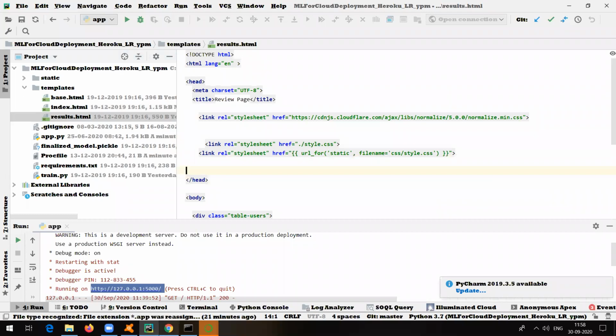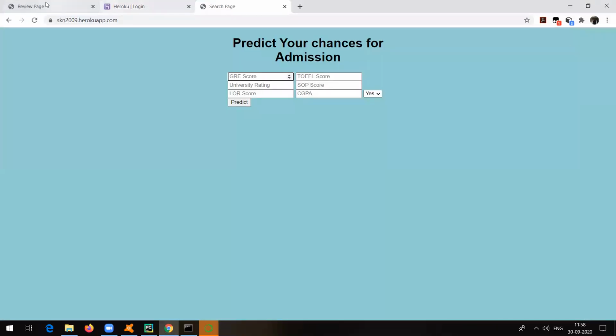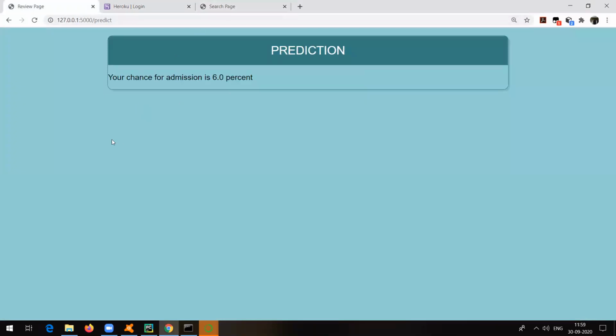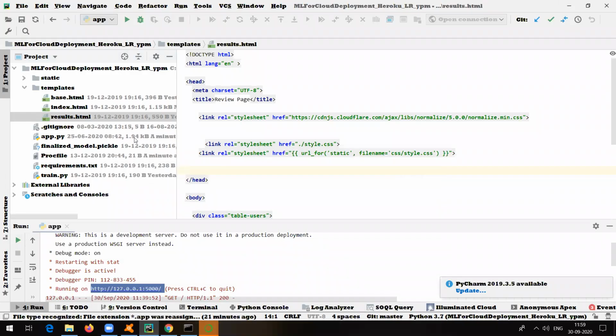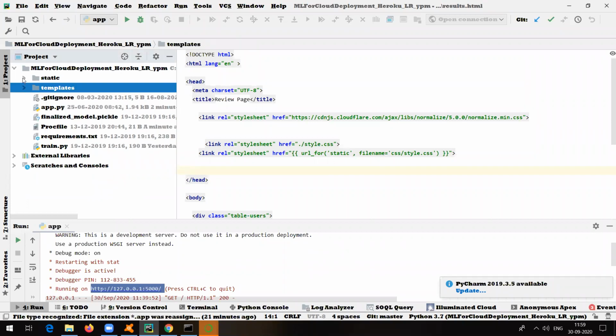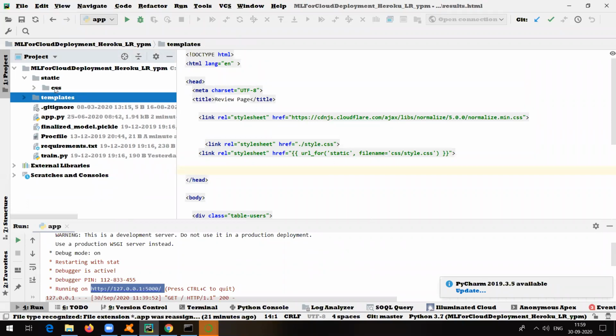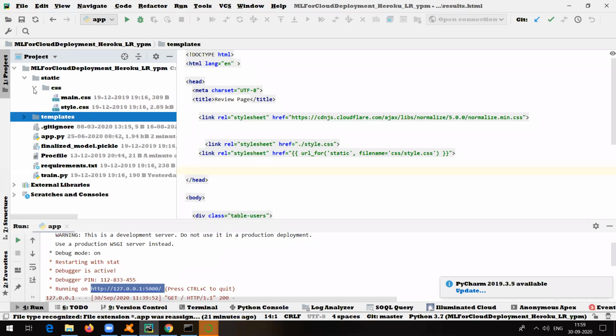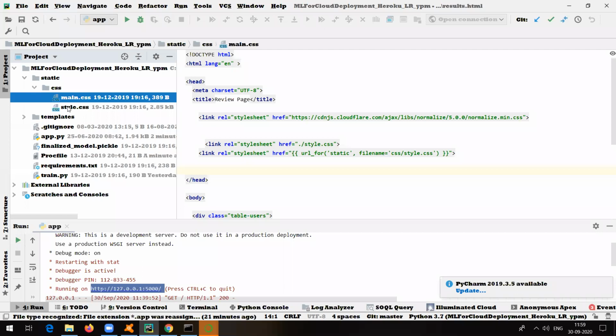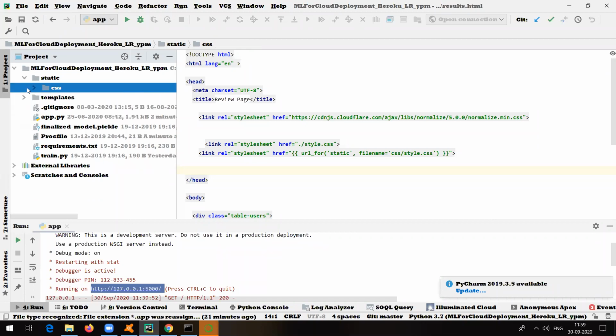That is nothing but the result which you got, this one. Okay, this result you are able to see because of this result.html page. Again, you will be able to see that it's HTML code. So we write all those HTML files inside the templates folder, and inside the static folder, there is something called CSS. CSS is Cascading Style Sheet. Whenever we want to develop some user interface, you can make use of these CSS files. You can even make use of ready-made CSS files also. Maybe you might be knowing about it, right?